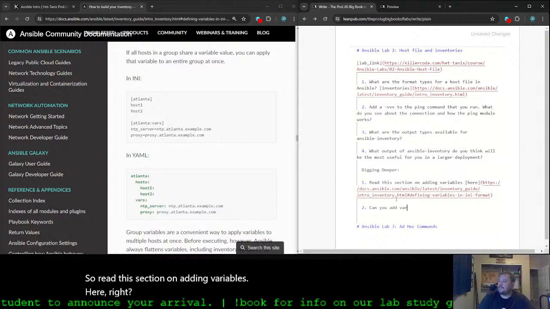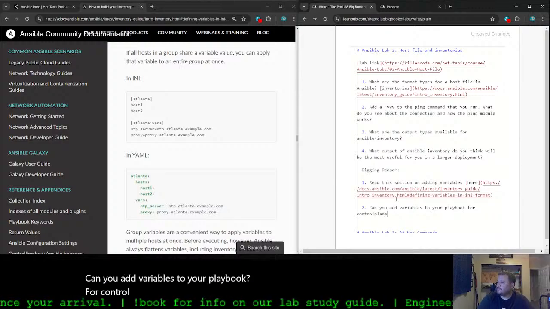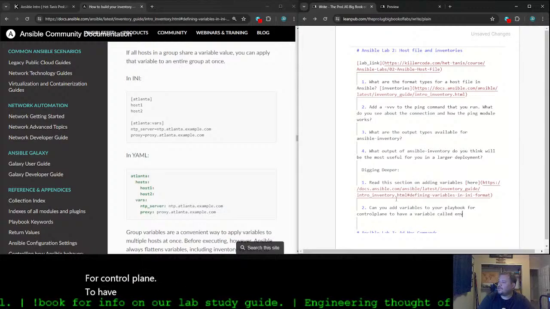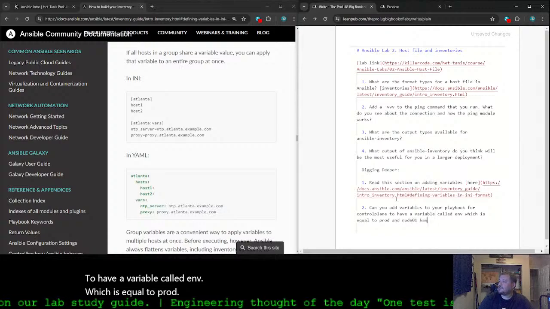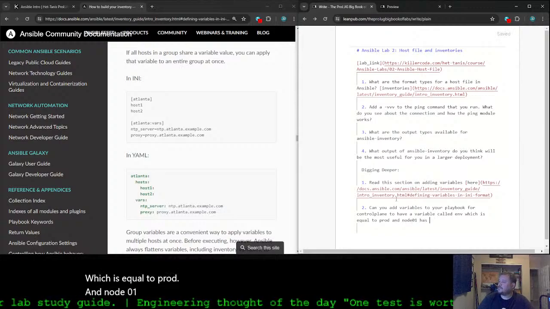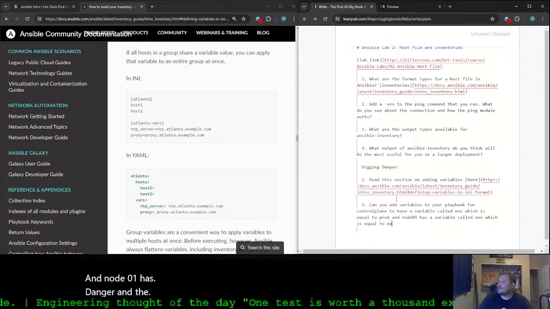Can you add variables to your playbook for the control plane to have a variable called env, which is equal to prod, and node01 has a variable called env, which is equal to dev?